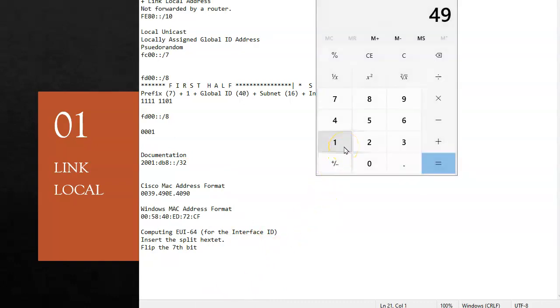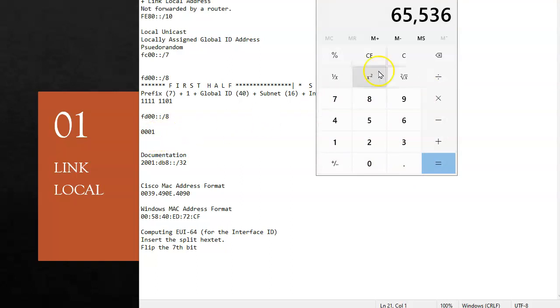Notice, if that's a hexadecimal number, it could be represented by 256 times 256, right? FFFF.